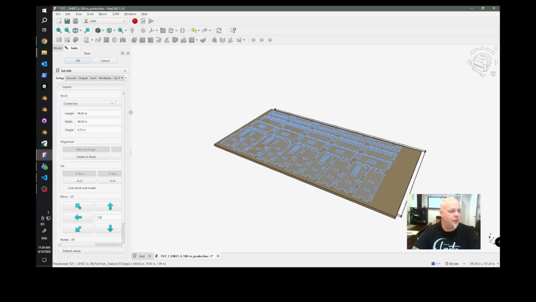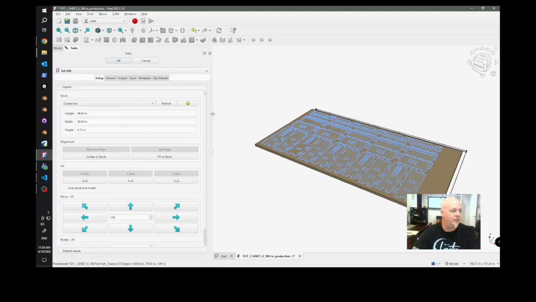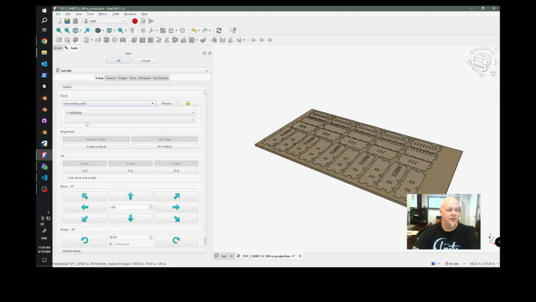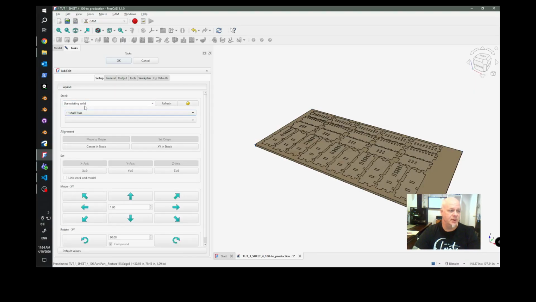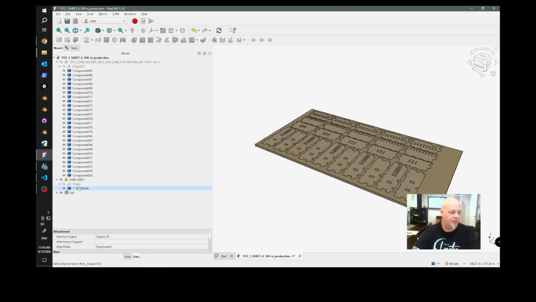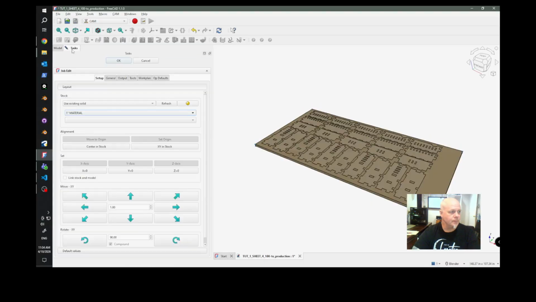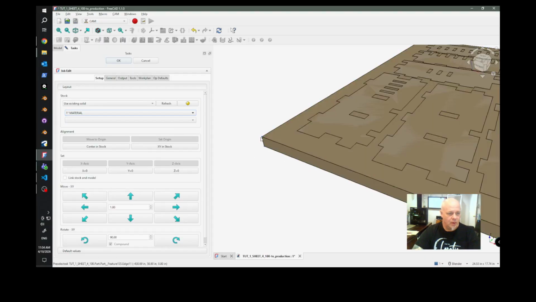So we want to extend out this, go to our setup. This is the tasks, getting the job, create box for stock. No, we're going to use an existing solid. And the existing solid is that 1-inch material that is in our model down here. And then I'm going to click